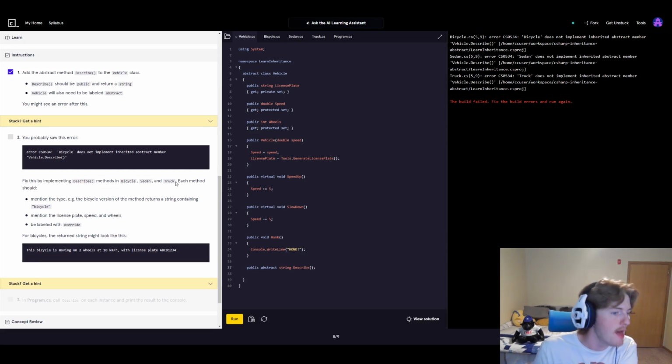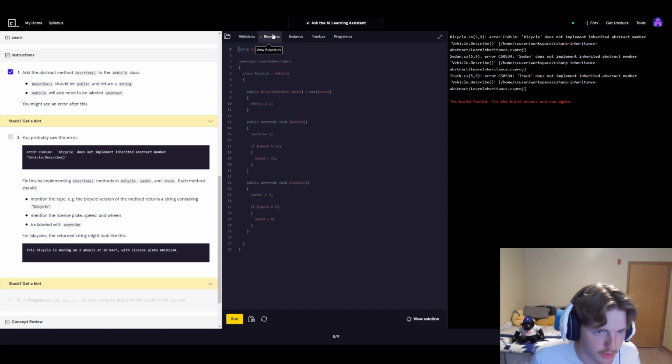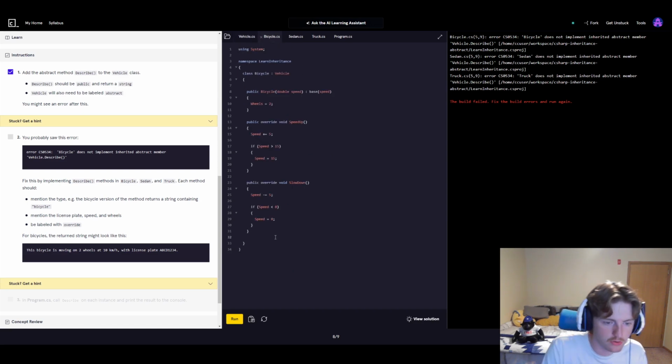Each method should mention the type. For example, the bicycle version of the method returns a string containing bicycle. Mention the license plate, speed, and wheels. Be labeled with override for bicycles. The return string might look like this. So if we go into bicycle, we'll now create the method of describe. So we'll do a public override string method called describe, and in this method it should